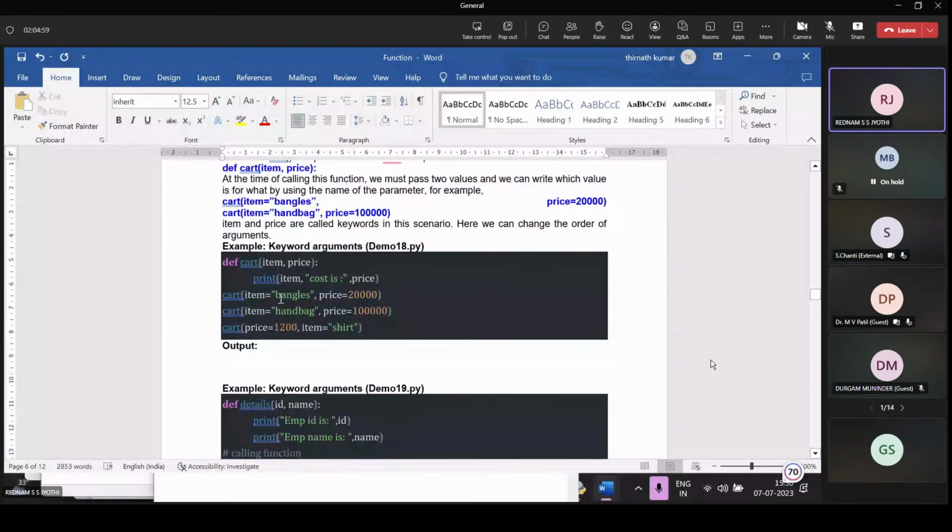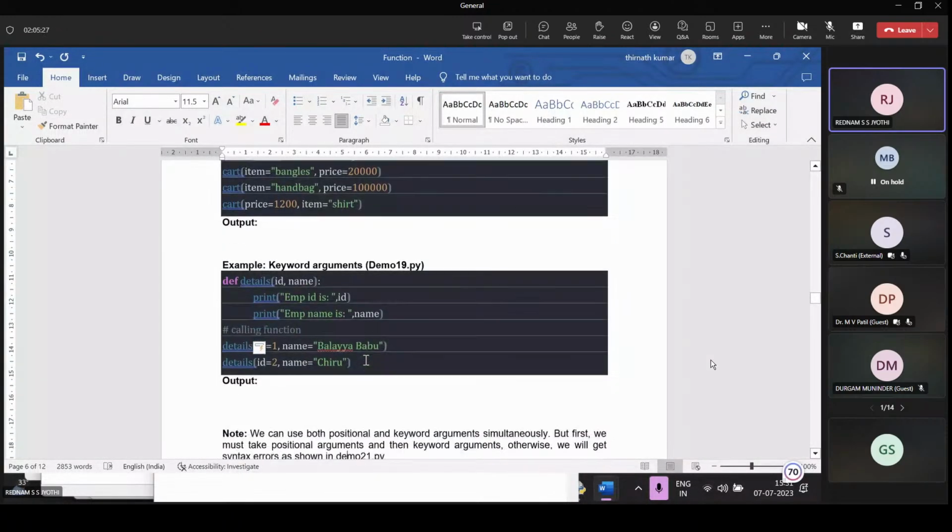So item equals bangles is assigned to item and price is assigned 20,000. If you want to shuffle these 2, no worry. Because price equals 1200, 1200 is assigned to the price variable only, and item equals shirt, so the shirt is assigned to that particular item. These types of arguments are called keyword arguments.